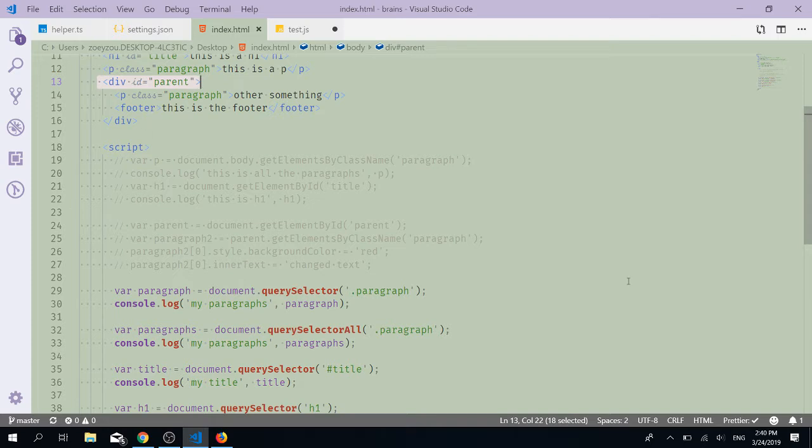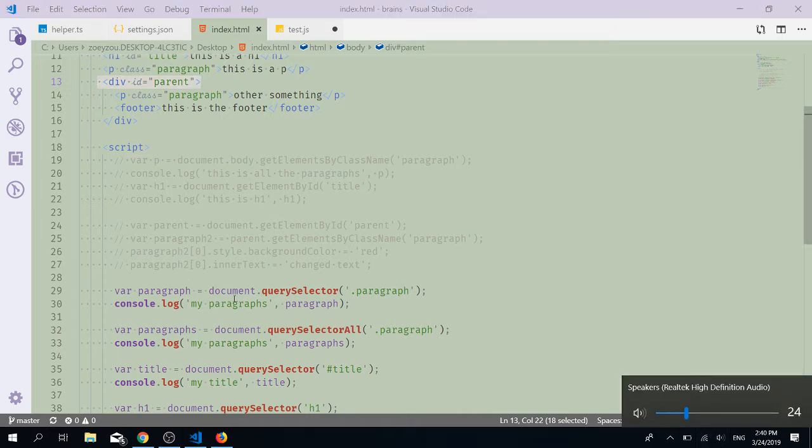It's the same. So this is a hard target. Like get element by something, the first thing you give it is the target. Those are all going to look into the whole document. And then if you give it, for example,